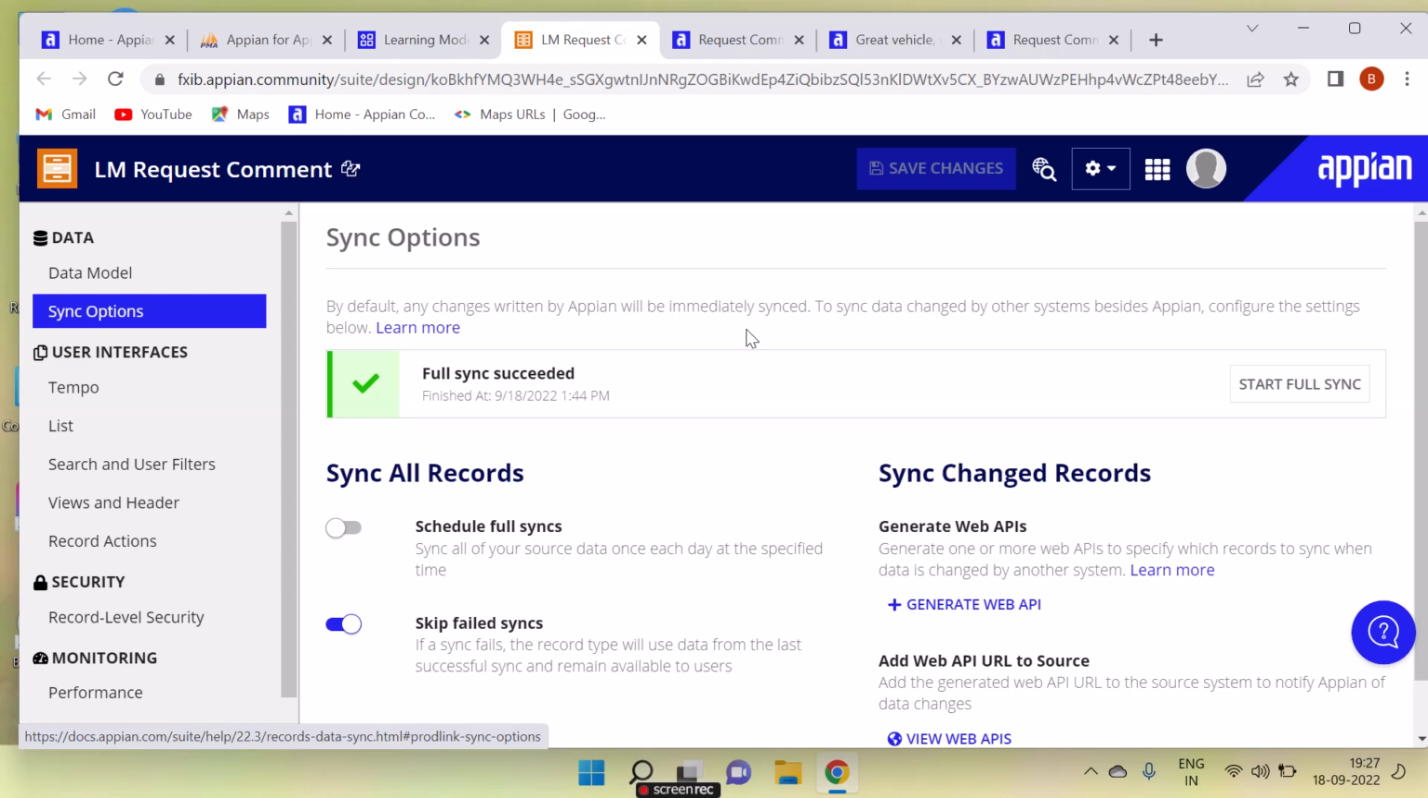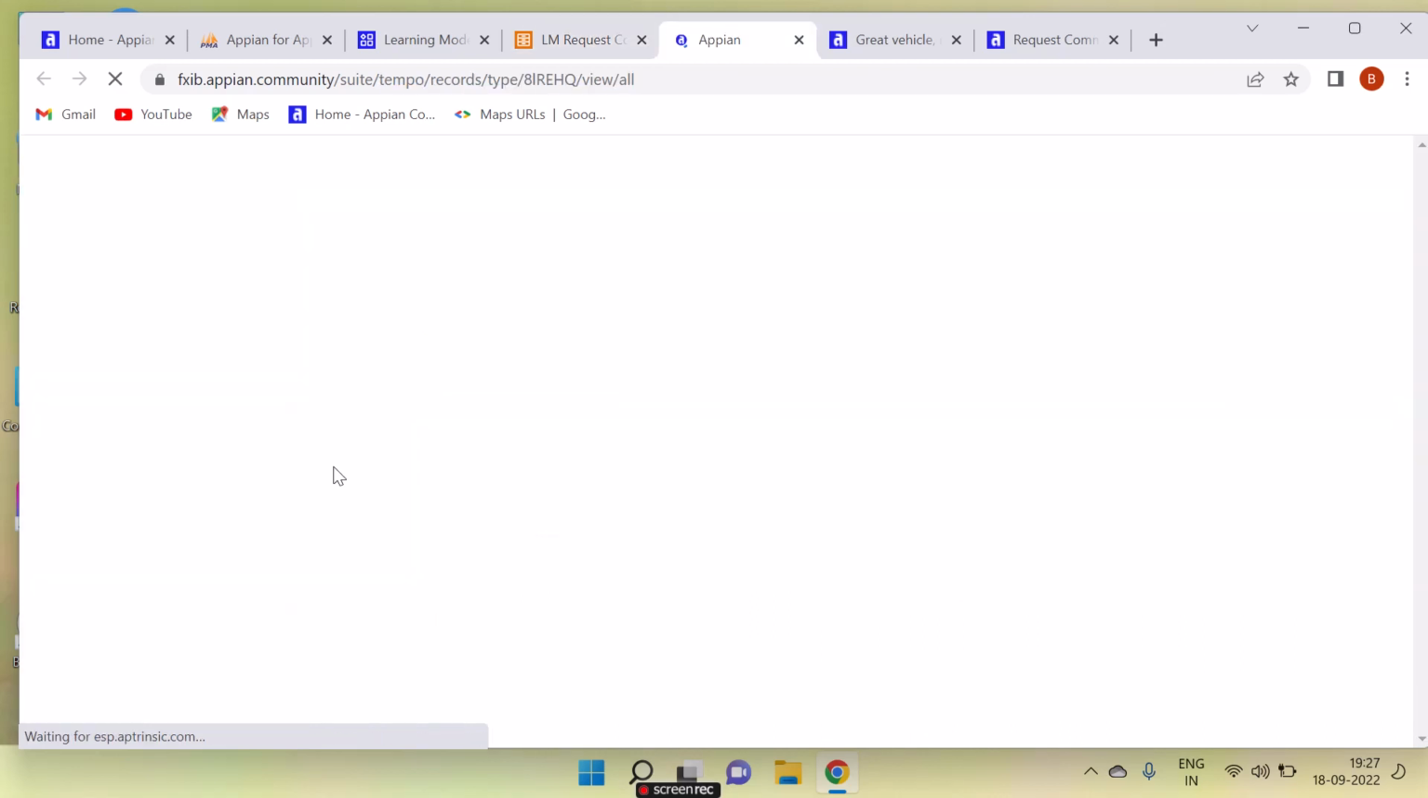In the tempo I'll click on this, and we will see a new request, and now I'll click on this request number 2. So we have, in row number 2, request number 2, so I'll be clicking on this. So here we have this detail,